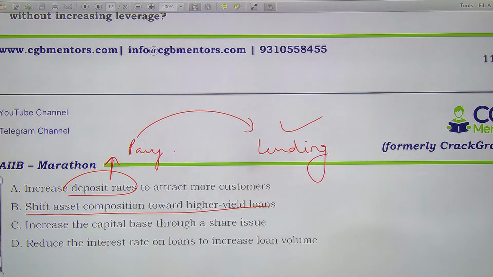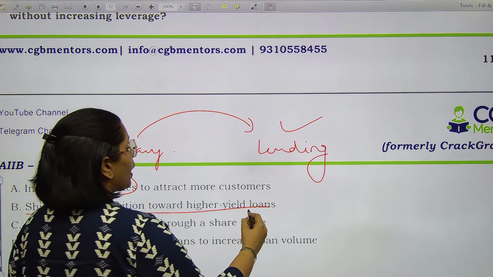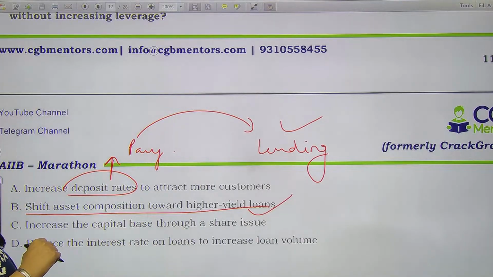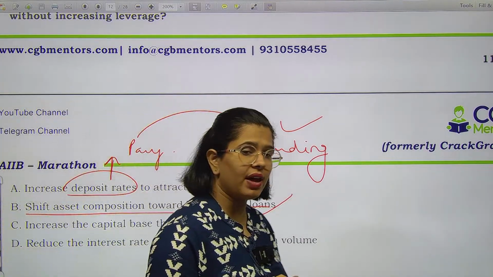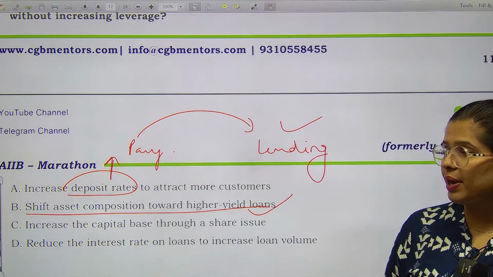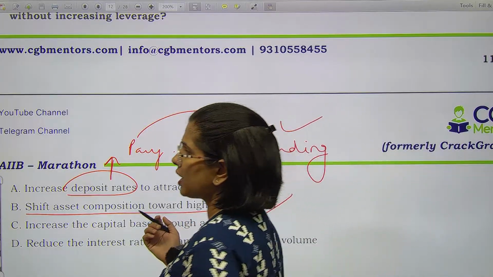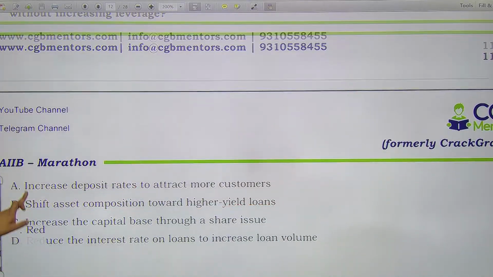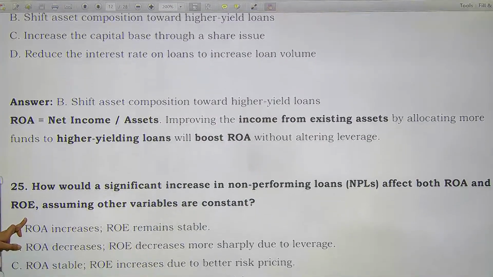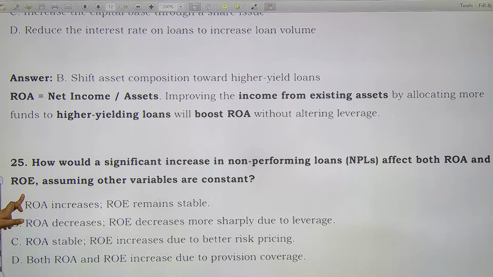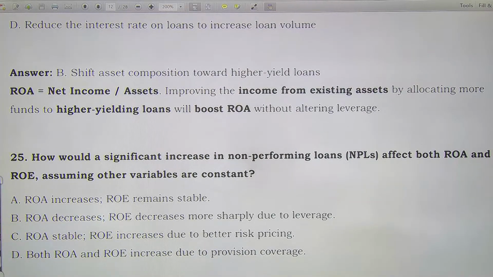Increasing the capital base, reducing the interest rate to increasing loan volume. No, that is not a correct thing. We have to move our asset composition towards high yield loans where we can earn more. जहाँ पे हम ज़्यादा कमा सकें, आपको उस जगह पे shift होना है. Right. Now, how would a significant increase in the non-performing loans will affect ROA as well as ROE, assuming all